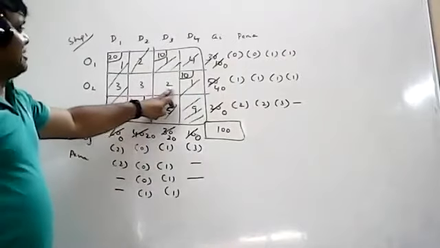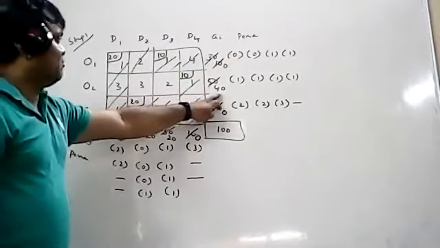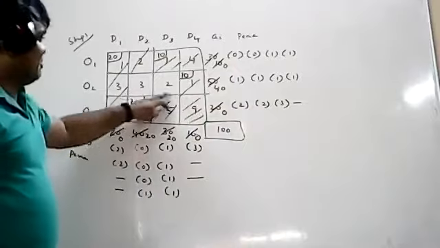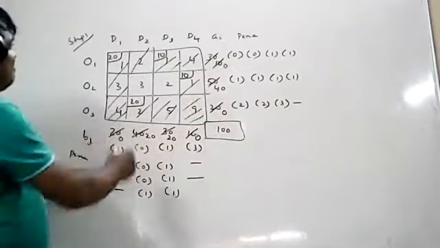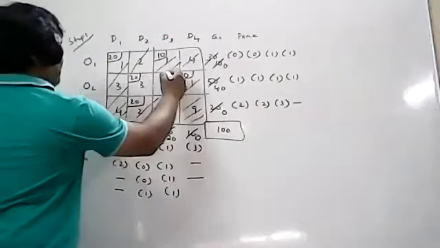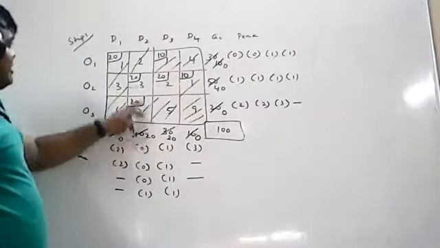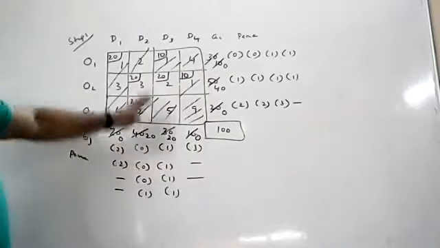Just check the demand. Supply is equivalent to demand or not. What is the value you have? 40. So for these 3, 20. For these 2, 20. 20 plus 20, 40. So 40 you got. So directly allocate for these 3, 20. And for these 2, 20. 20, 20 is allocated. So we have finished the VAM method.